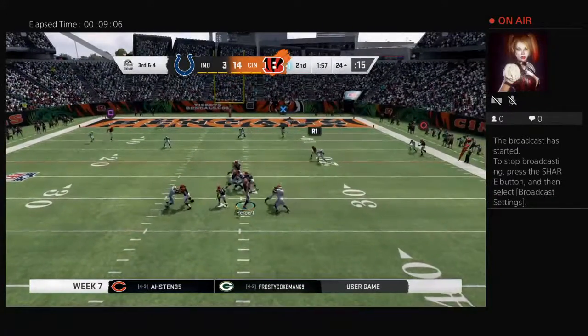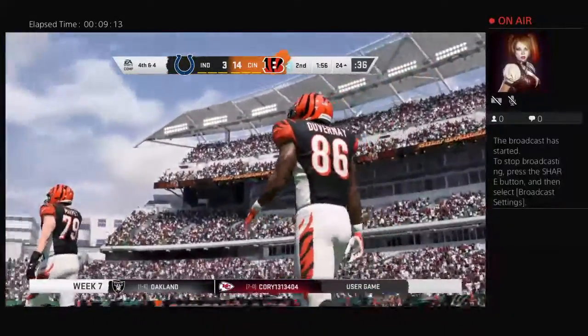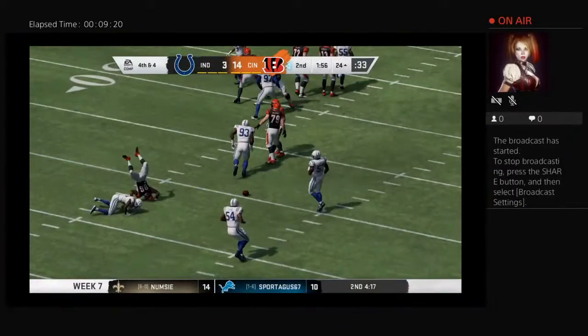From the gun on 3rd down, Herbert. And that is incomplete. Oh, he had a defender right there with him to force that to the ground. And 4th down now coming up. You hear the calls for a penalty, but I just don't think so. I think in this situation...